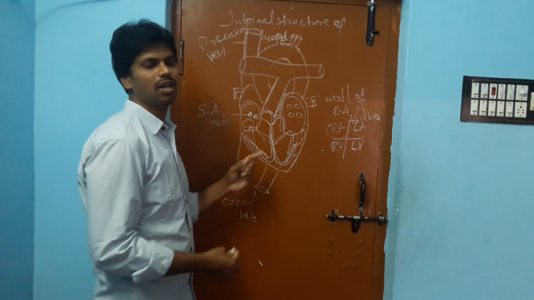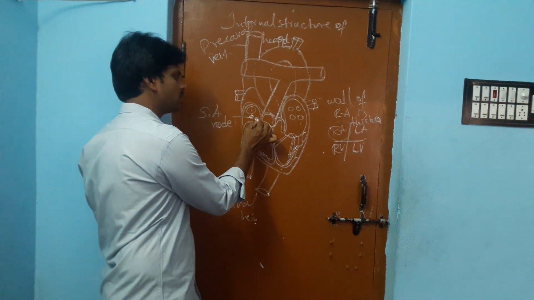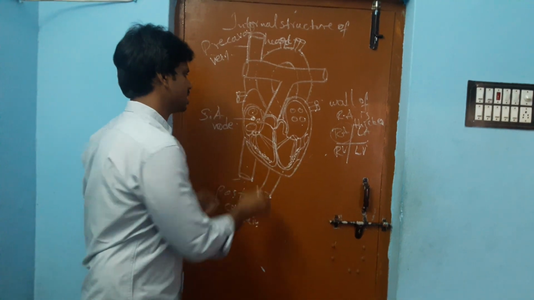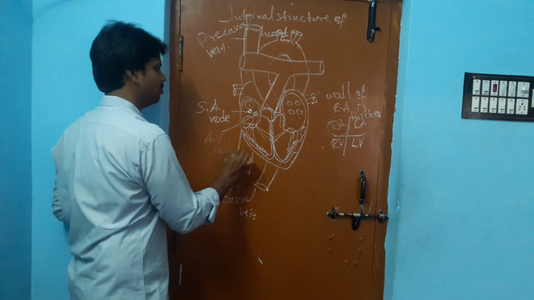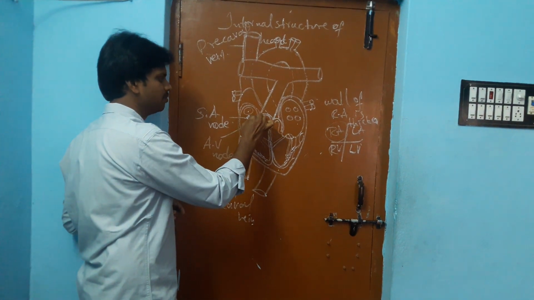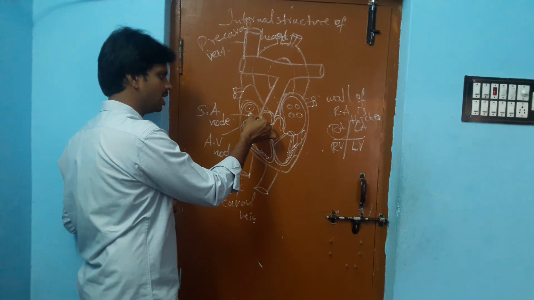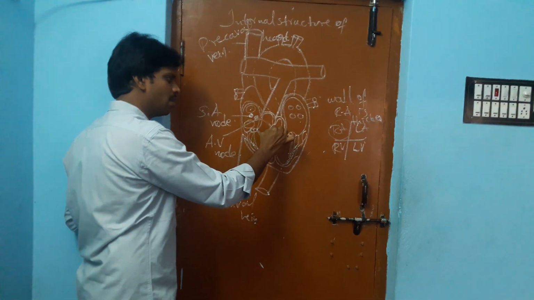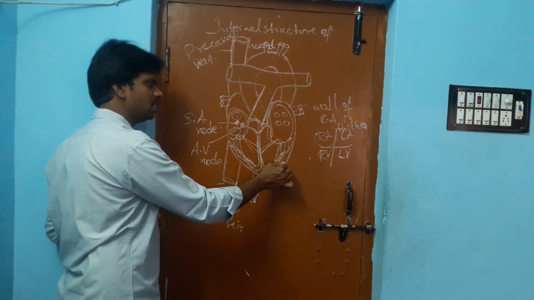The contraction of the heart starts in the SA node, and in the posterior wall of the right auricle there is another node known as the AV node, the auriculoventricular node. A wave of contraction is seen in the SA node, and this wave is passed to the AV node, and from the AV node to a muscular fiber called bundle of His. Bundle of His divides into two branches which are called Purkinje fibers.